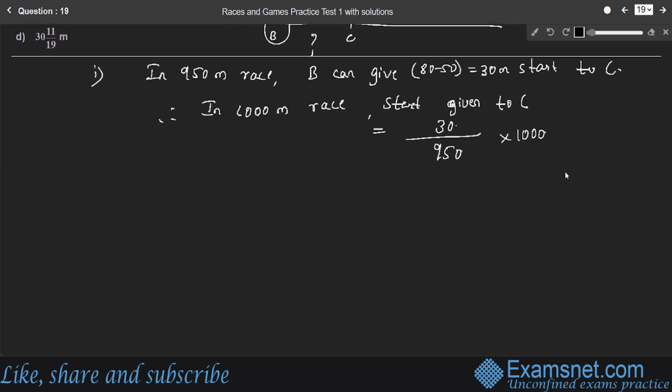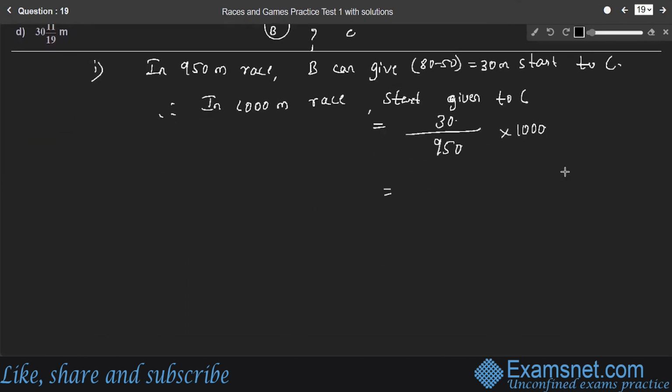Therefore, the simplification part will be here 30, here 0, 0 will get cancelled. So 5 into 1, 5 into 9 and 5 into 200. So it is 600 by 19, right? So after simplification, 19 into 3, 57, 19 into 1. So here 3 is a remainder. At last we have 11 as the remainder, so 31 integer 11 by 19, right?